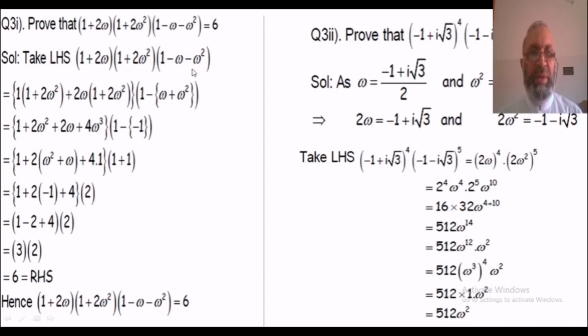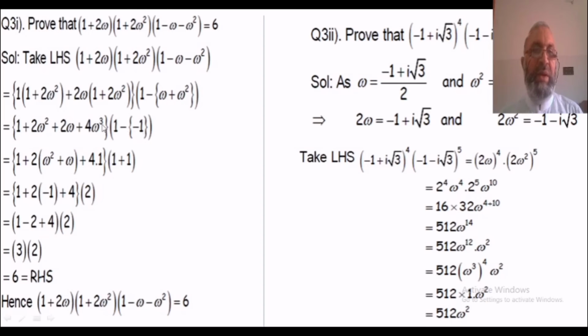Multiply the first two, we get this factor, and 1 into this total factor plus 2ω multiplied by this factor. And in the next factor, by taking minus common, we get ω plus ω². Again we put the value of ω plus ω² from the first property, where 1 plus ω plus ω² was 0. So ω plus ω² value becomes minus 1. So putting the value of ω plus ω², we get 1 minus, and ω plus ω² is equal